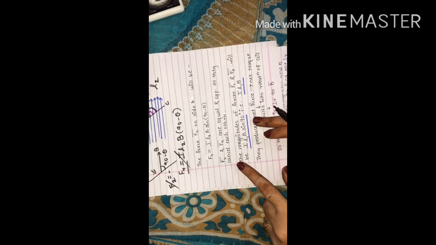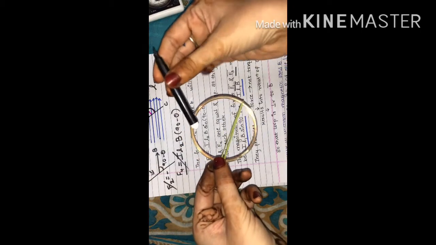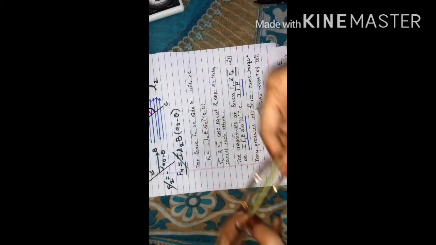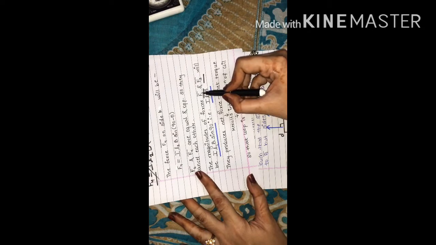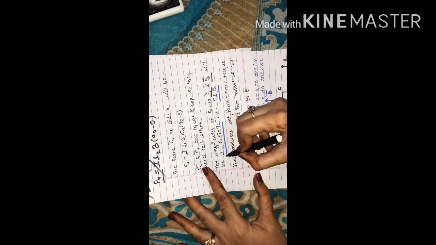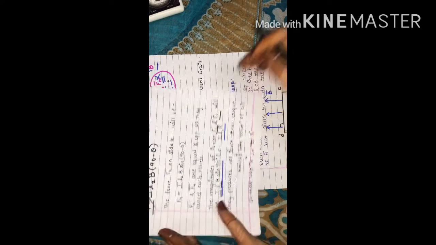So these two forces F2 and F4 will cancel out each other. Which two forces are playing the important role? Force F1 and force F3 on these two sides, due to which my coil is rotating. So what will be the magnitude of these forces? If I see force F1, again I is the current in the coil, and the length is L1. Why is the length L1? See, force F1 and force F3 are along the length L1. So length L1, B is the magnetic field, and sin 90.